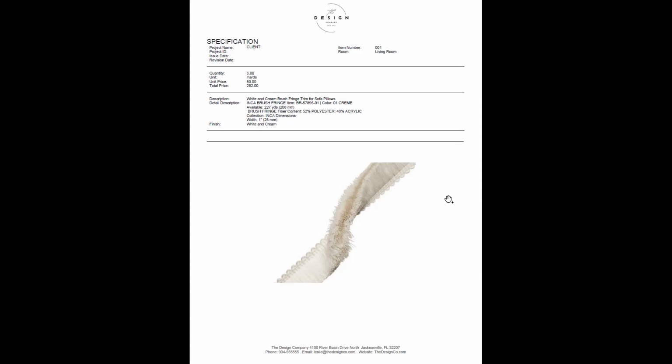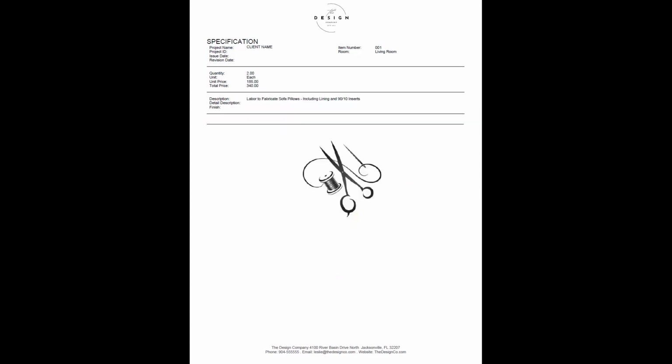Now you can see that the specifications for this pillow includes all of the parts and pieces of it. And so we're going to just take a look at these. Now, these are all more or less set up the same way. However, we know from looking at the anatomy of that pillow from the initial sketch that there's four parts to it. There's two types of trim, the fabric, and the cost to create it.